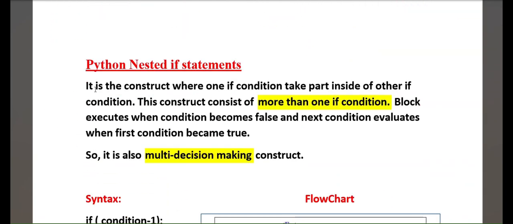So what is a nested if statement? This one is a very important part of our if-else video, so understand this logic very carefully. What is a nested if statement? It is the construct where one if condition takes part inside of another if condition. This construct consists of more than one if condition. The block executes when the condition becomes false and the next condition